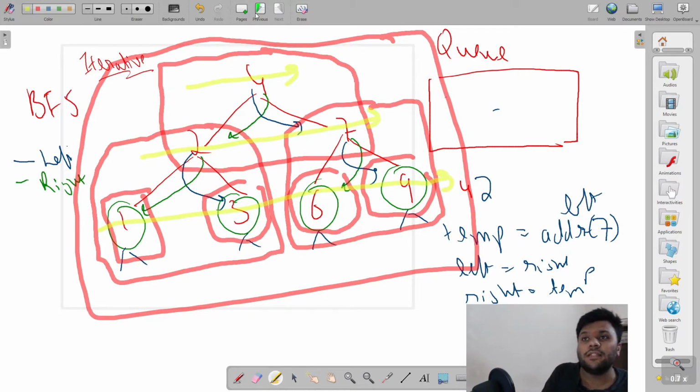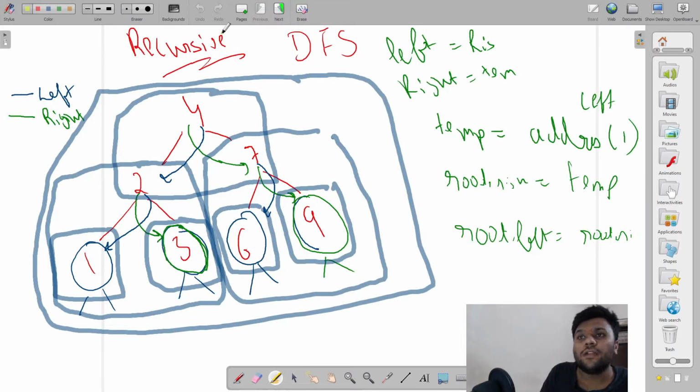If you look at the previous approach, we are going something like this. First I go over here, then I work over here, then I go again over here, then I work over here. So you see, we are going deep inside, then coming out. Once I find the null, I come out, then go deep inside on the other side, then come out and check whether something is left on the top.